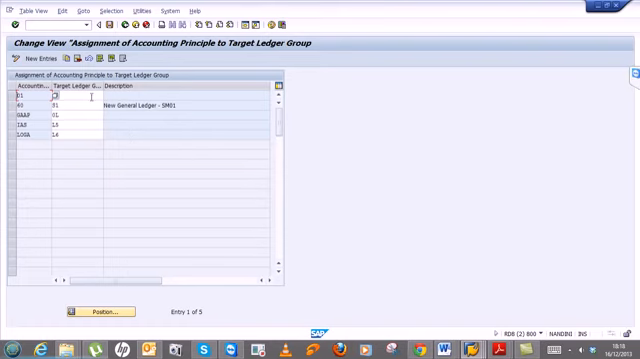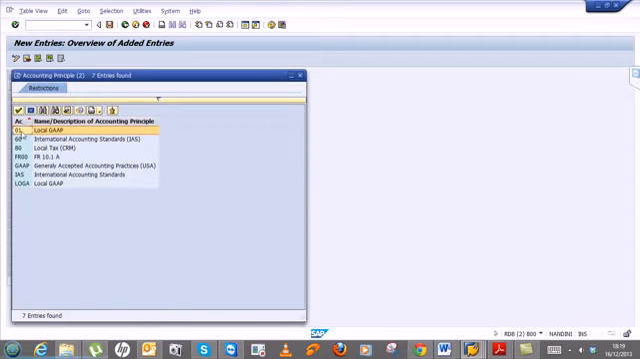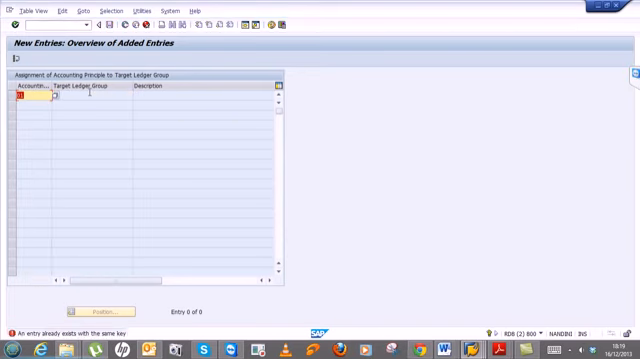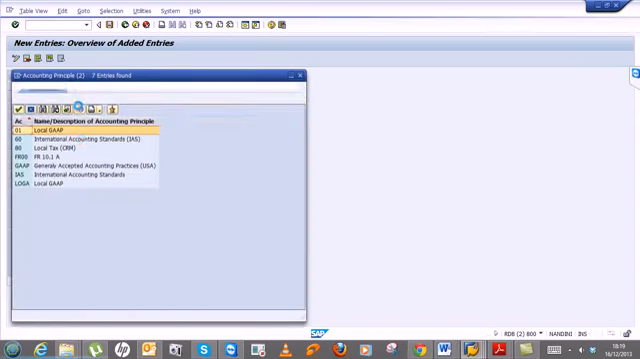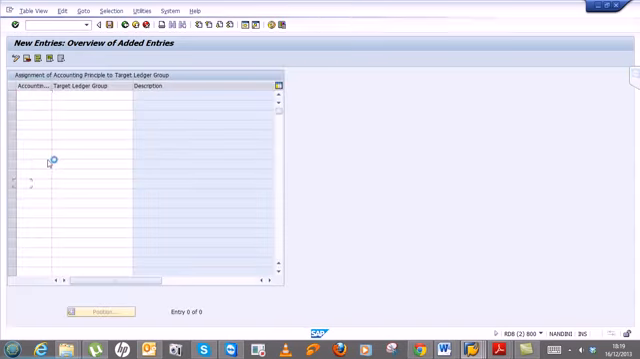Okay, with the ledger groups, how can you do that? You can click on new entry, and you can assign the accounting principle. Let's say we want to choose local GAAP, so choose this, and target one is T1. Okay, by default you are already using,